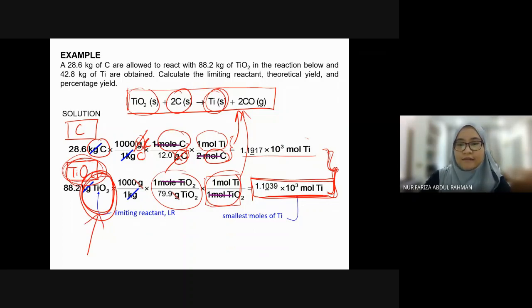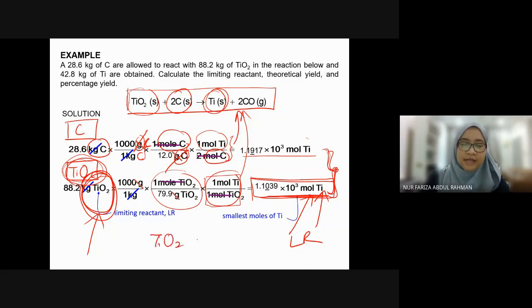Okay, don't point to this as the limiting reactant. No, this is the product. Okay, we use the product to determine the limiting reactant. Because students' common mistake is that they calculate and then directly give the arrow to the limiting reactant. For that mistake you will lose 1 mark. 1 mark, just for labelling or for stating